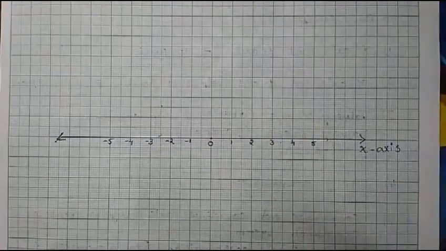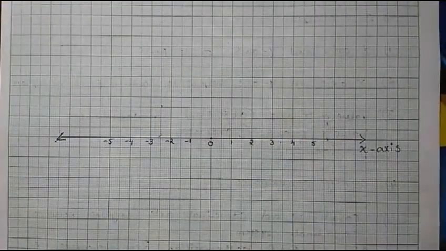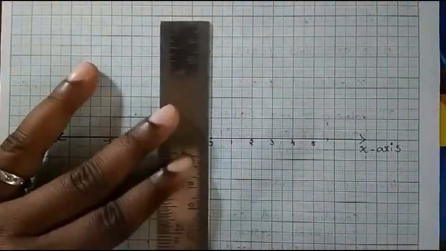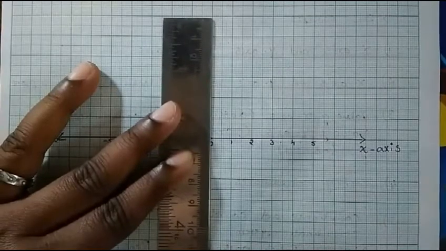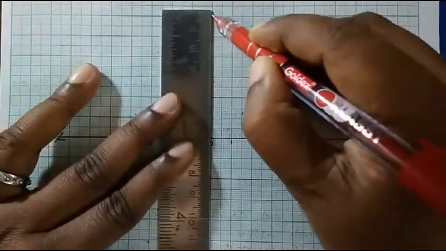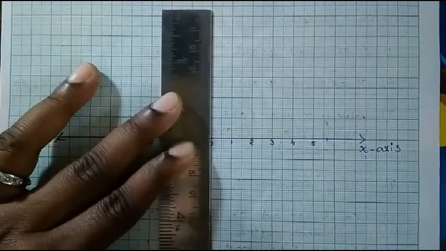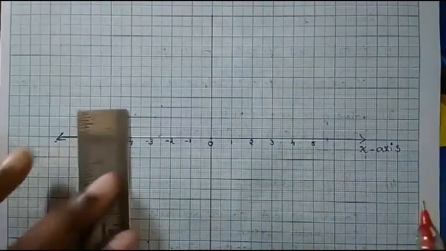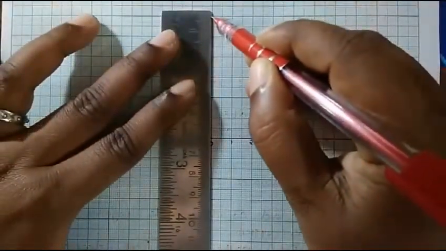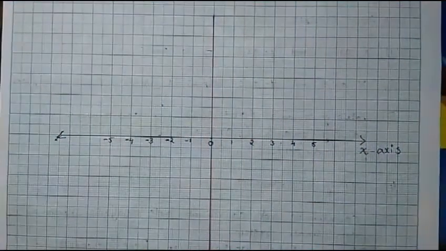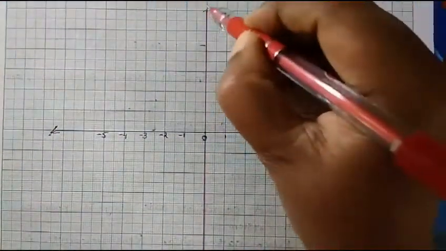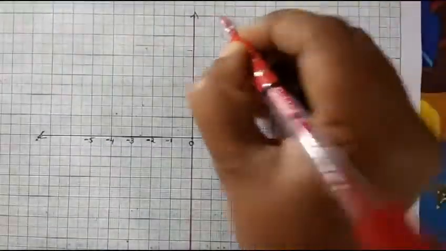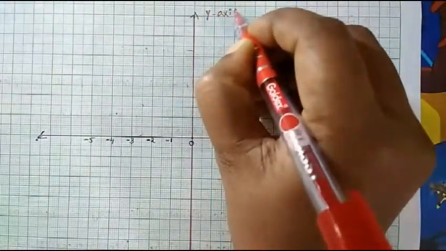Now I will draw the vertical line here with the red pen so that you can distinguish. I am drawing this vertical line from the center. Normally we do the graph with a pencil, we don't do it with a pen, but for you to distinguish I am doing it with a pen. I hope you can see this red line, and this vertical line we call the y-axis.